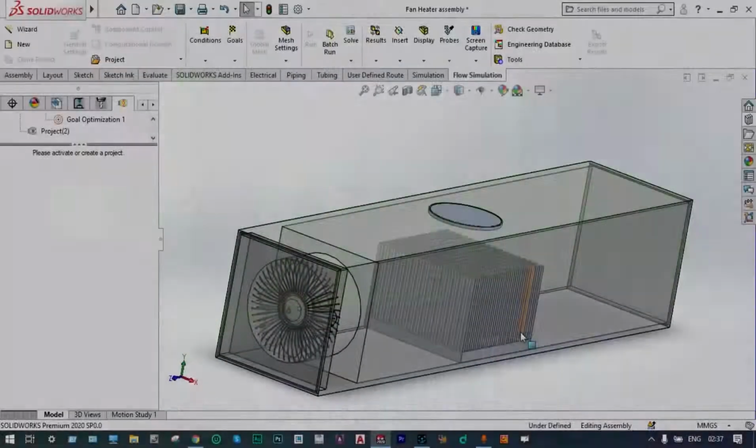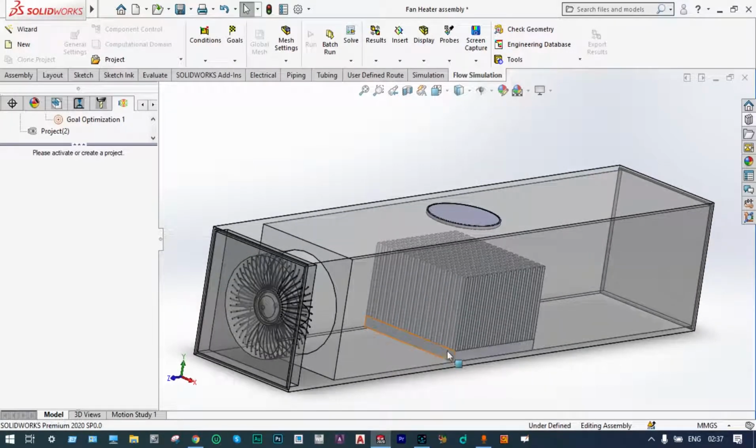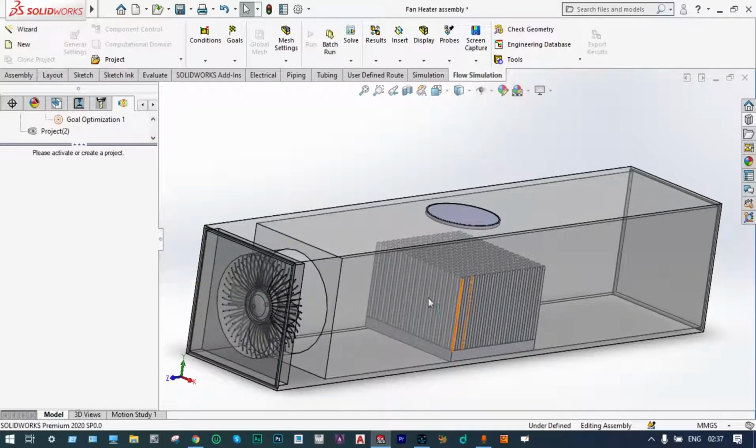Let's get started. Hello friends, today I'll show CFD analysis, parametric study and optimization of a simple heat transfer problem. It consists of a fan and a heat source. At the top of the heat source, some fins are provided for better cooling. From the extreme left hand side, the fan will provide forced air that will be passing through